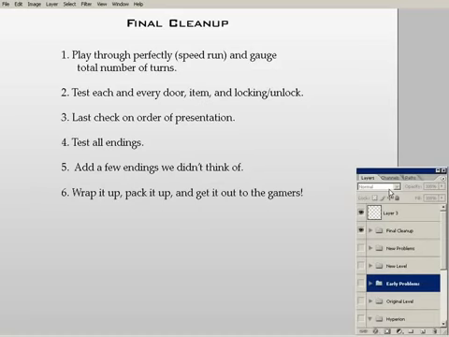So it was play through, find an impasse, something where you've messed something up so badly you can't play anymore. Go fix it, start the game over, and keep playing until you get to the next one. Then start the game over, and you just continue this process until you find every single loophole you can.